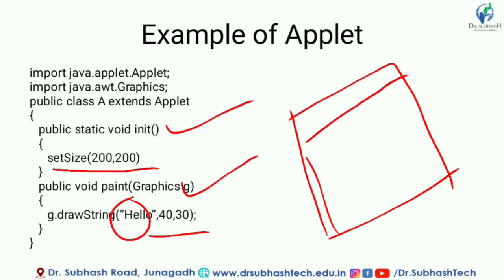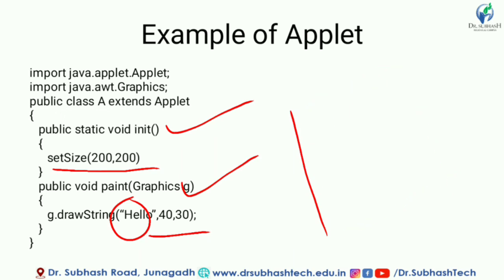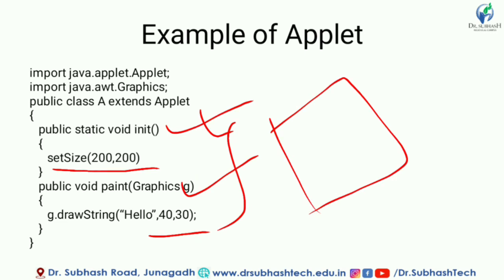So in the applet you can see the compulsory things. Let me remind you, first you have to extend the Applet, right? Because of this the applet will be created, and inside the applet you have to use the init method or paint method for showing the applet. This type of applet will be shown on the output, in which there will be only a string printed in the applet at the location 40, 30, right? So in this example I have implemented two methods, init and paint. In the next examples we will learn more methods for implementing the applet. Thank you.